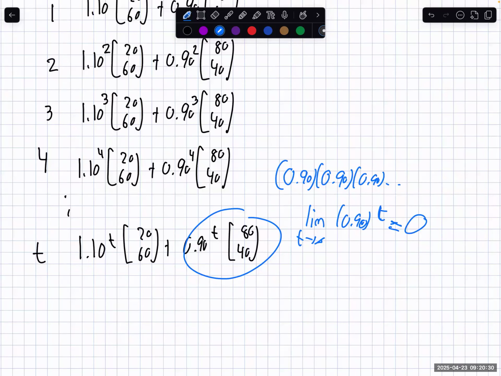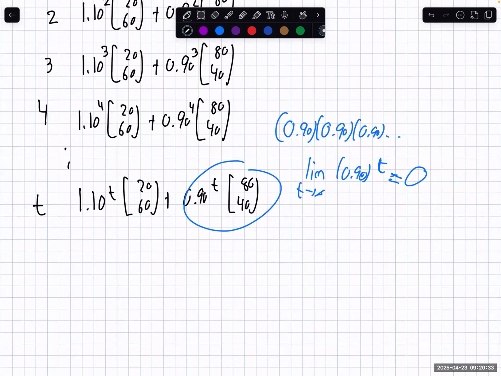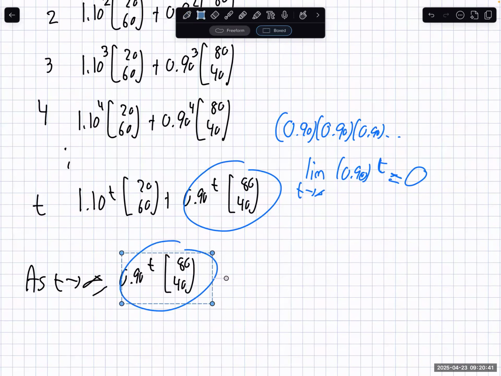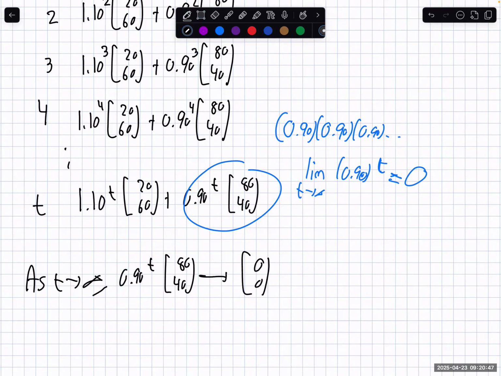Yeah, that's 0, right? So as t approaches infinity, this part actually approaches